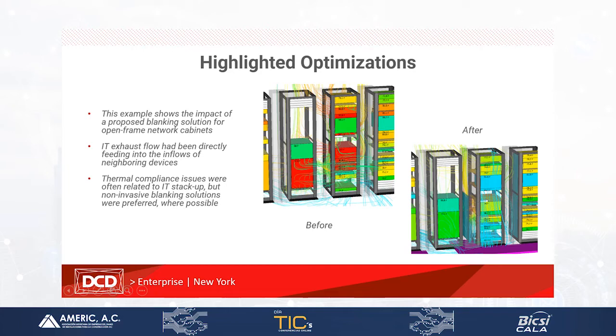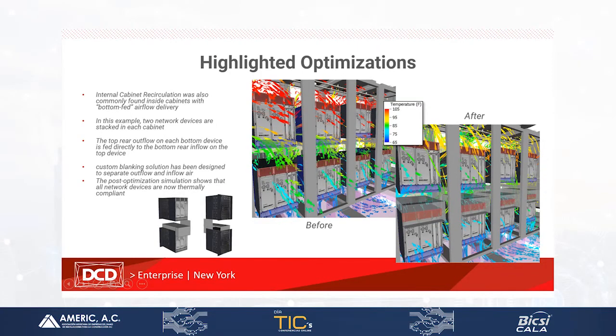After building and calibrating the digital twin model, it was used to look for areas where the resources could be used more efficiently and more effectively, so that they can eliminate resilience problems and also wasted resources at the same time. And these are snapshots of some of the examples. So custom blanking solutions were developed for cabinets that were not using airflow resources very efficiently. Here's another example of custom blanking,